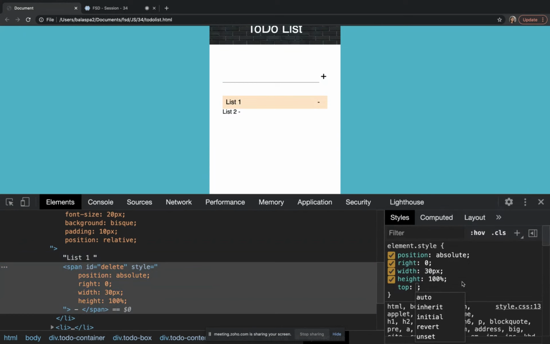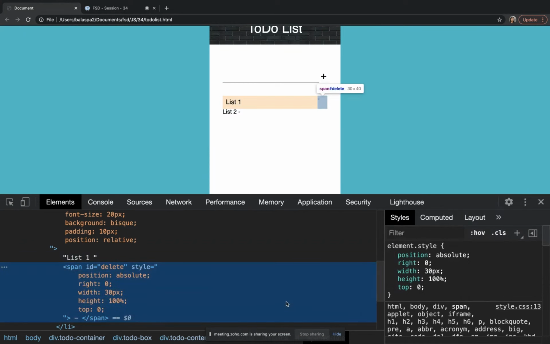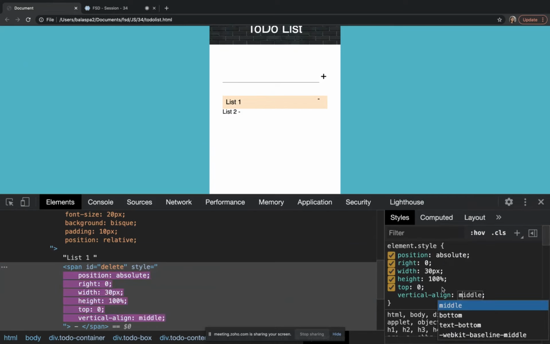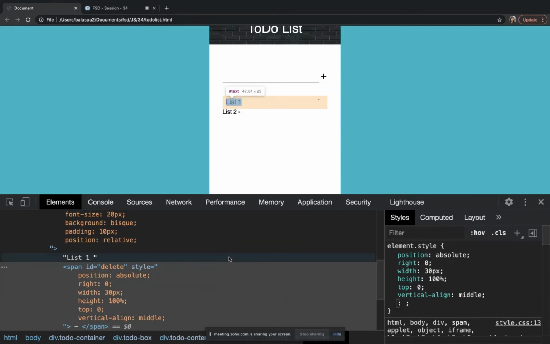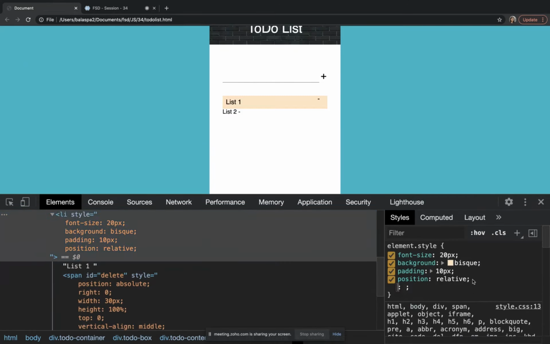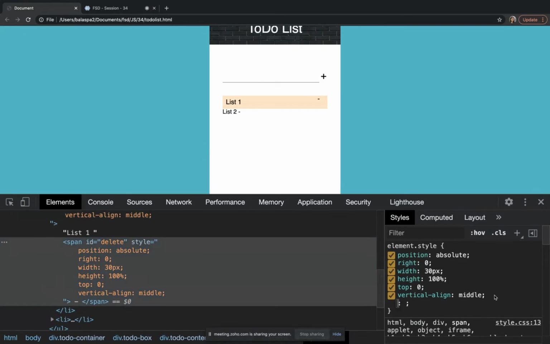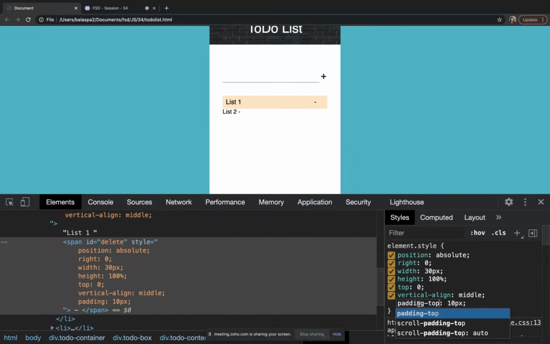Top 0. Okay. Vertical align middle won't work here. Padding of 10 pixel. Padding top. I'll tell what I'm doing.